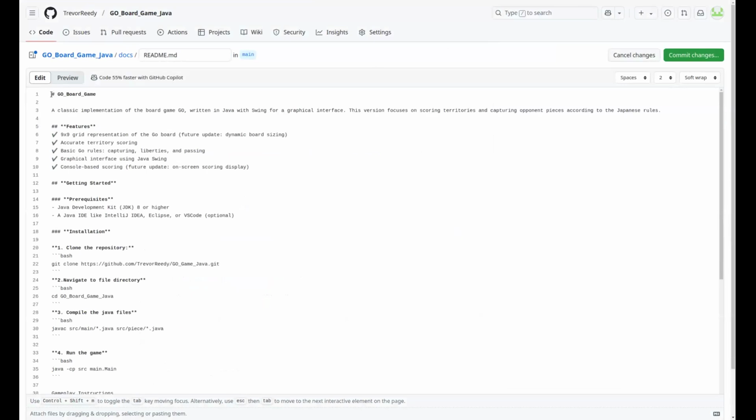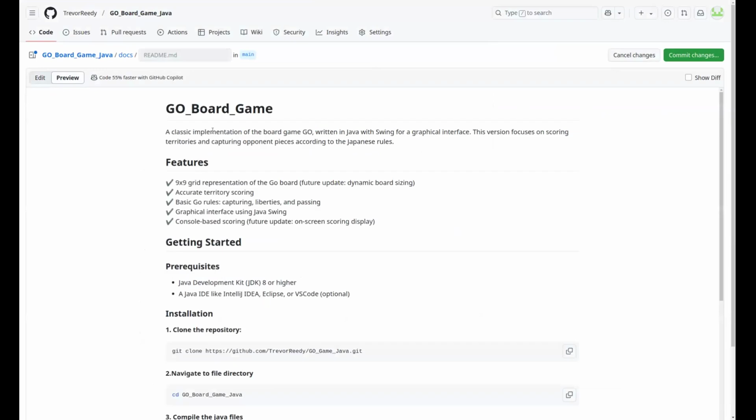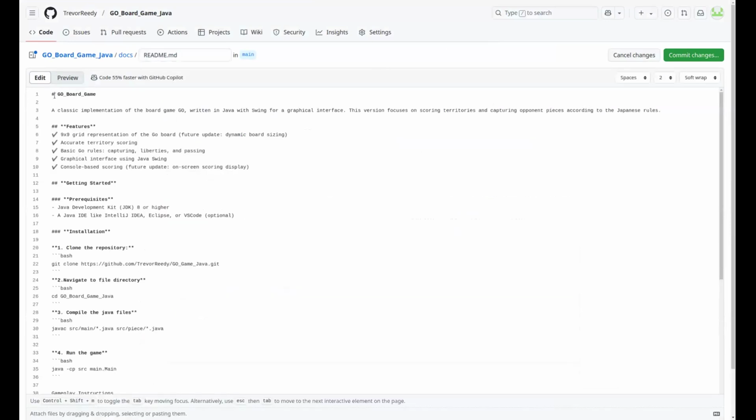One of the first things I'll talk about here are the headers. This header here is going to be the biggest one in this entire file, and that's denoted because it has this hashtag here. It is a little counterintuitive: the fewer hashtags you have, the bigger it will be.